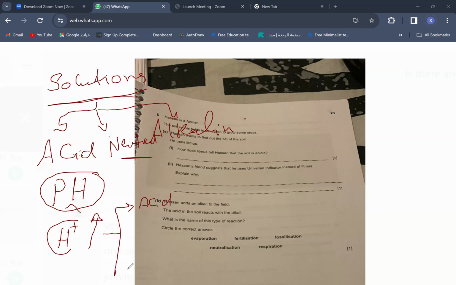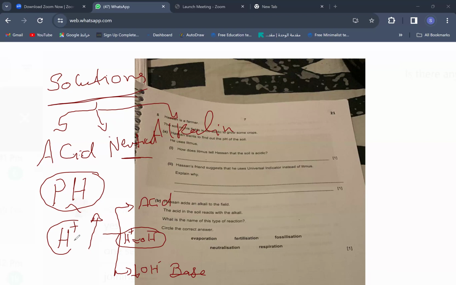If there is low concentration of hydrogen ions and high for hydroxide, this solution is base or alkaline. If the hydrogen ions are nearly equal to the hydroxyl ions, this solution is called neutral, like the water. So back to our